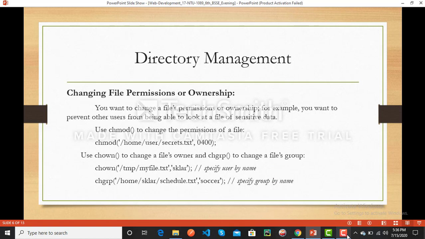For example, chown /tmp/myfile.txt with the user name specifies the user by name. It is the name of the owner we can change. Then chgrp, for example /home/user/schedule.txt with a group name, changes the group by name. It means we can change the name of the group with chgrp.